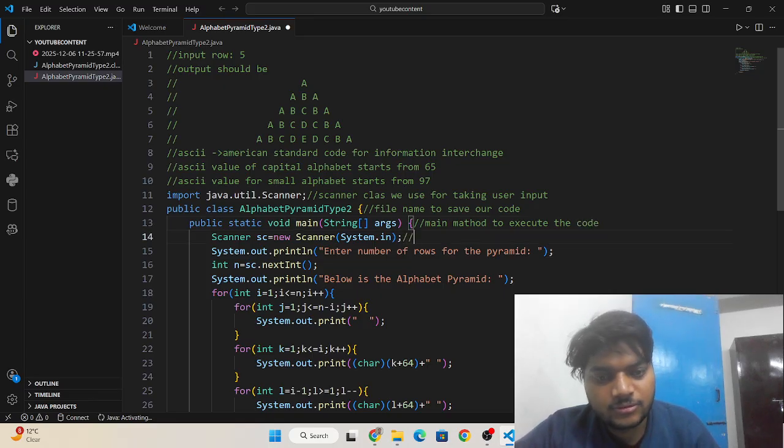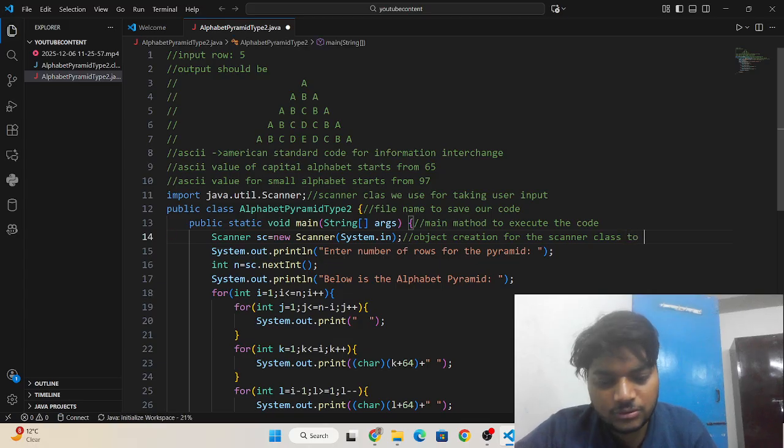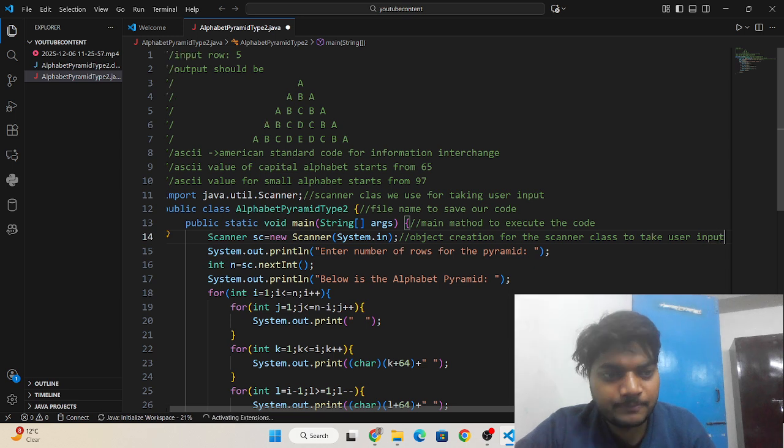This is object creation of the Scanner class to take user input.